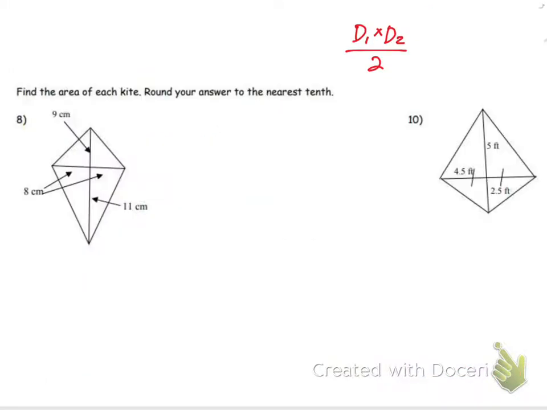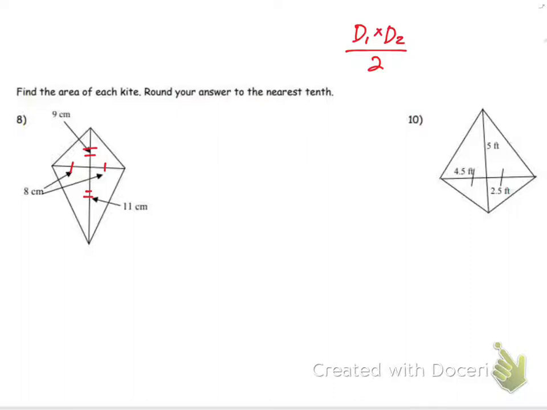All right, so with kites here, that's where the diagonals aren't always even. For example, in 8, this one says that this is 8 and this is 8, and that's fine. But this top one's 9, this bottom one's 11. So the only thing that I really need to do, it's the same thing, but I'd want to add the diagonals